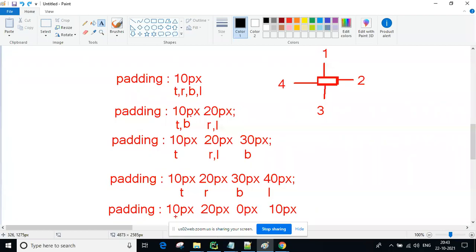So here top side 10 pixel, right side 20 pixel, bottom no space, and again left side 10 pixel you are going to be taking. Which side you don't want, there you can write a 0. That's it. Okay, now guys, sometimes only left side I want space, remaining sides I don't want. Then all these values 0 0 you can write, and this is some pixel value you are writing. Okay, this is one variation, guys.